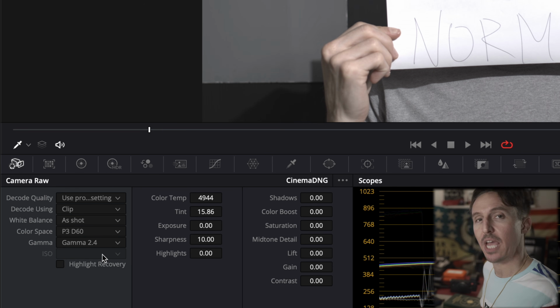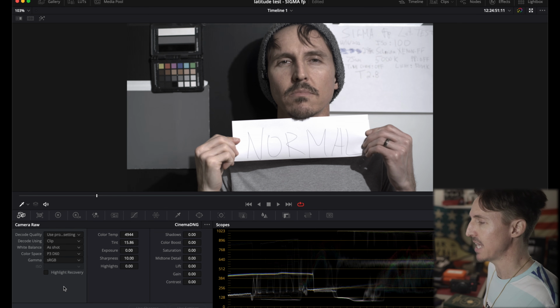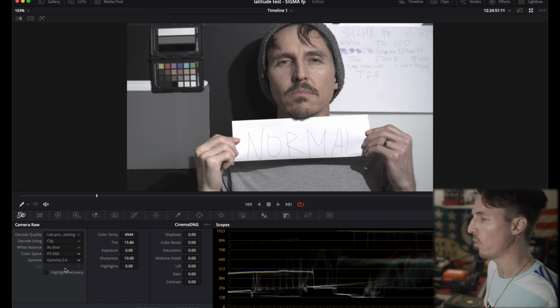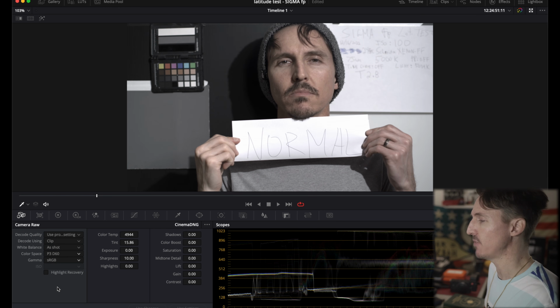ideally, sometimes I do rock a gamma 2.4, but here you can see how much it lifts it. That's really up to taste. I kind of like it a little more on the crunchy side, so that's why I leave it at sRGB. But you could roll gamma 2.4, but it is going to lift the blacks a little bit, even more so. So just to keep it more realistic to what the true gamma of the FP is, I leave it at